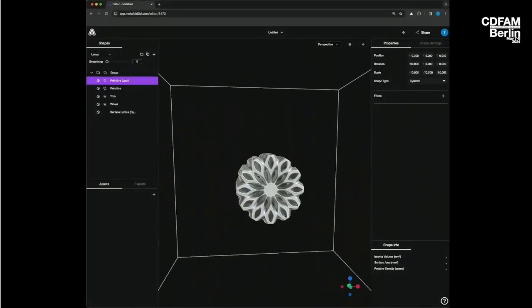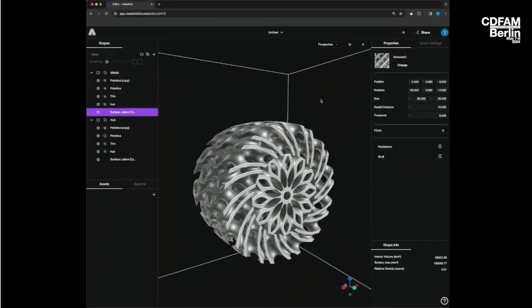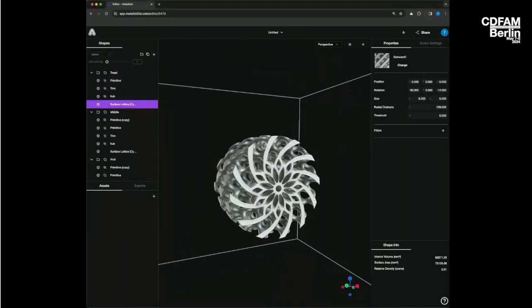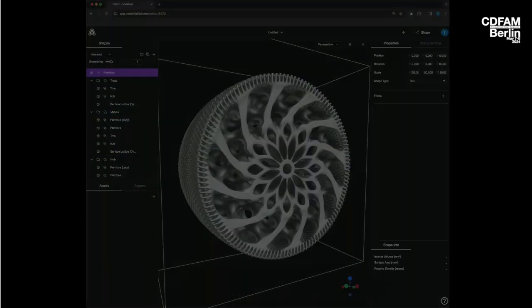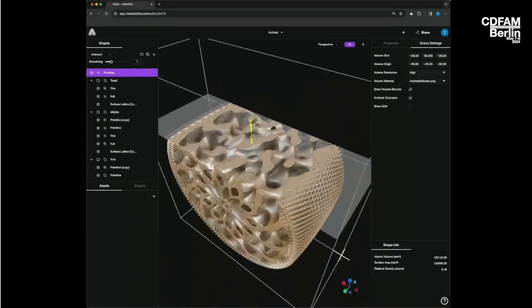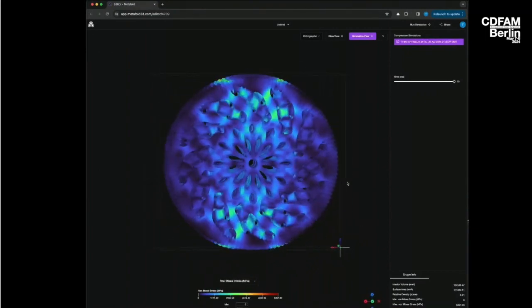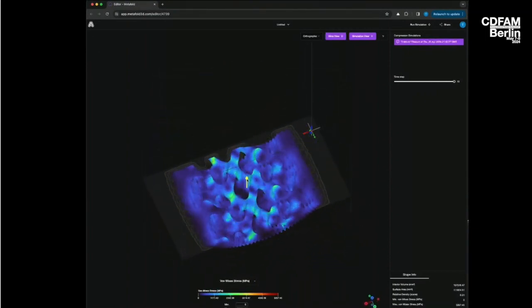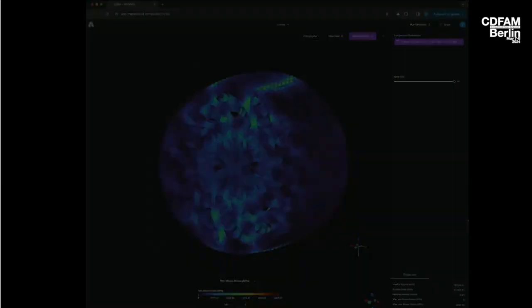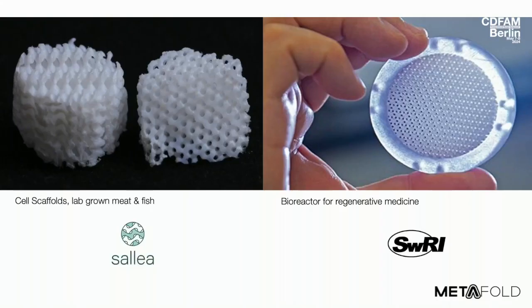Right, so this is a very sped up version of our web application. This is happening in the browser. We handle very high geometric complexity. These are all based on implicit modeling, which we've seen great examples of here at CDFAM. And just very basically, this is the idea of representing shapes with functions, not with surfaces. And we also offer some mechanical simulation, compression simulation right in the application, which I'll talk about a little bit more. But I want to talk about robustness.